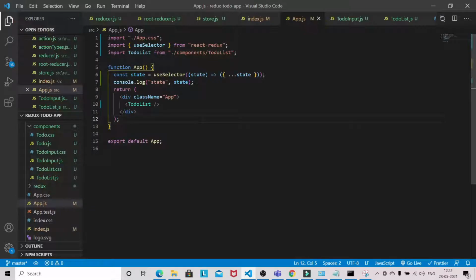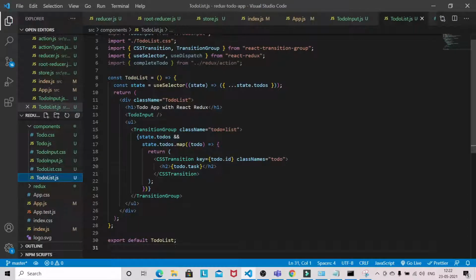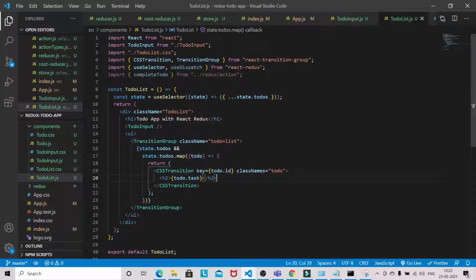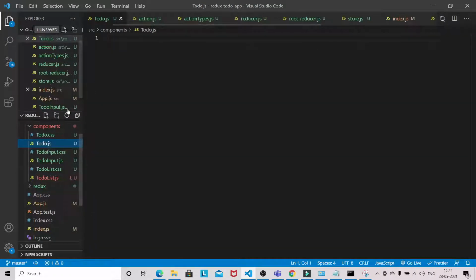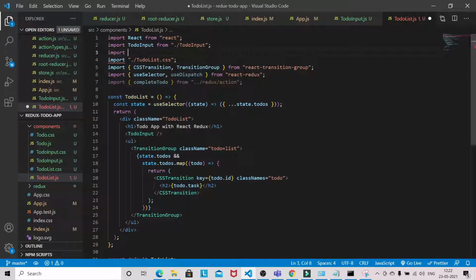Now what we have to do is mark this as complete. So we have to import the todo component. We haven't tried anything, but we will be writing all the logic here. So import todo from todo, remove this one.